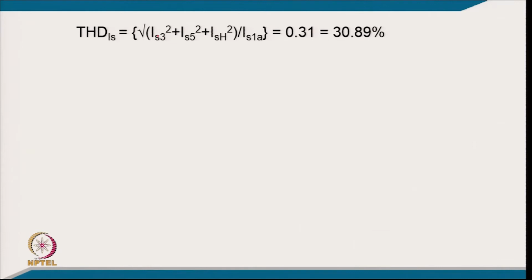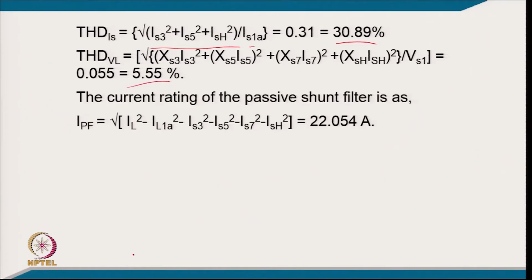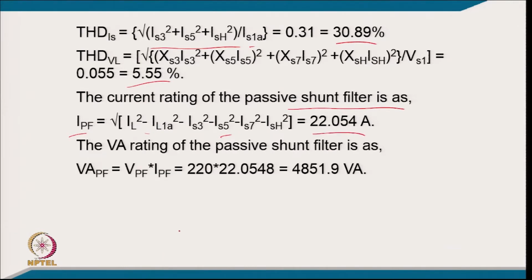The THD of supply current, putting all the currents divided by the fundamental, comes to 30.89, and the voltage THD will be corresponding 5.55 percent. The current rating of the passive filter will be, corresponding to this relation, 22.055 ampere, and the VA rating of the passive shunt filter, VN into IS, comes to